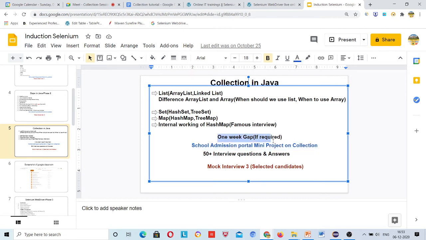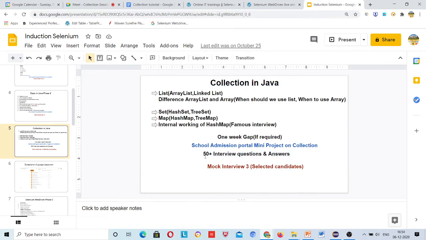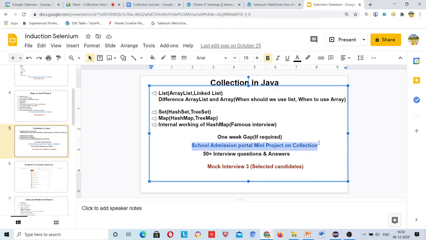So there is no requirement of a 1 week gap, I think, because those who were completing assignments are completing on time. If somebody has not completed a single assignment, it's not that we are behind, you are behind. Of course we are not ahead of our agenda, so we will not have a 1 week gap here. After this collection topic you'll get 50 plus interview questions as well as a school admission portal, right? This will be a mini project that you need to complete before next week.